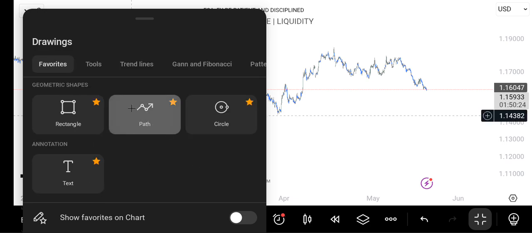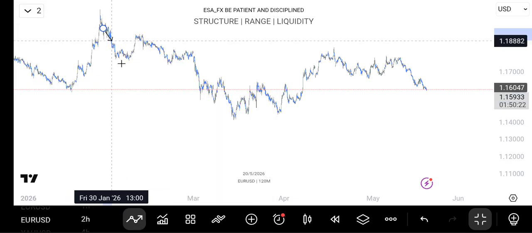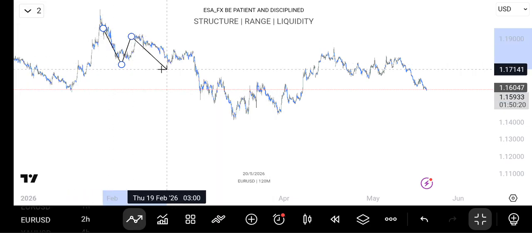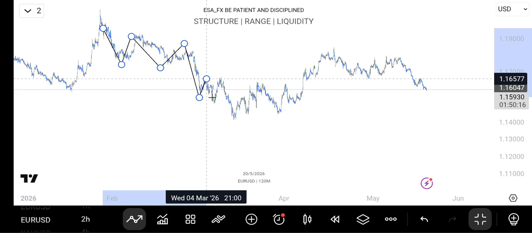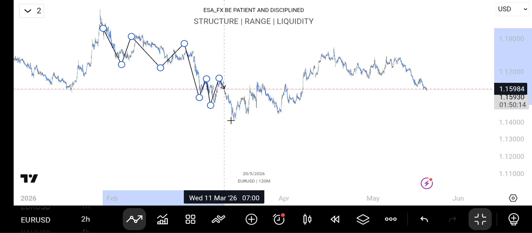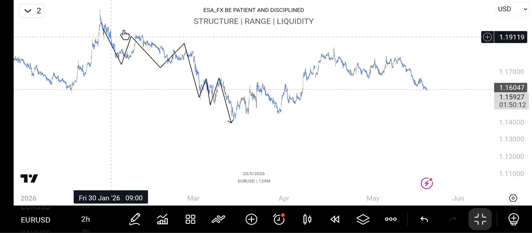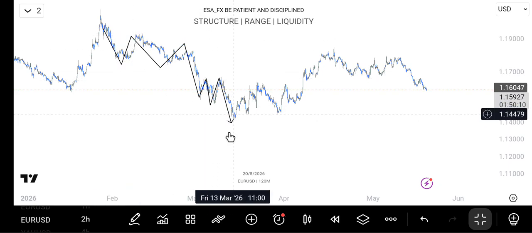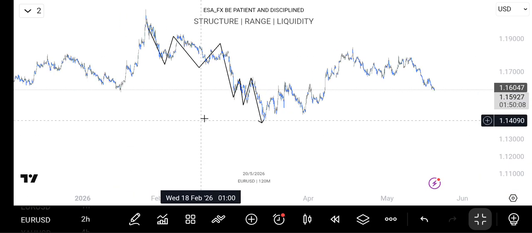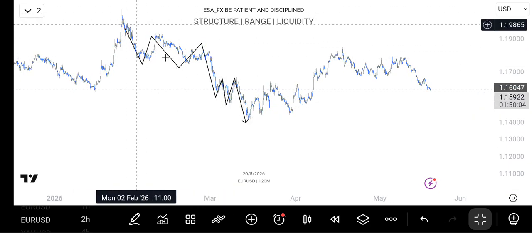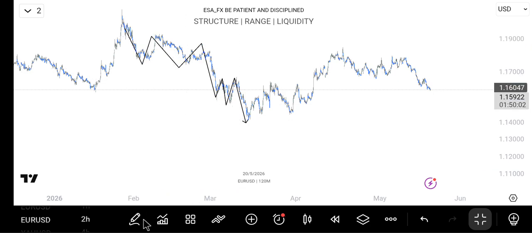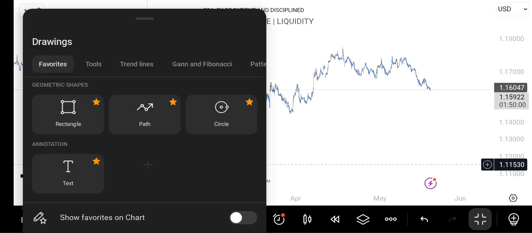The way price is moving here, price comes like this, like this, like this. You see, price just moves all the way down. Bearish movement. Remember, I told you it's not going to be picture perfect, but ideally with your eyes you could see price is coming down. Then for the bullish, we have this